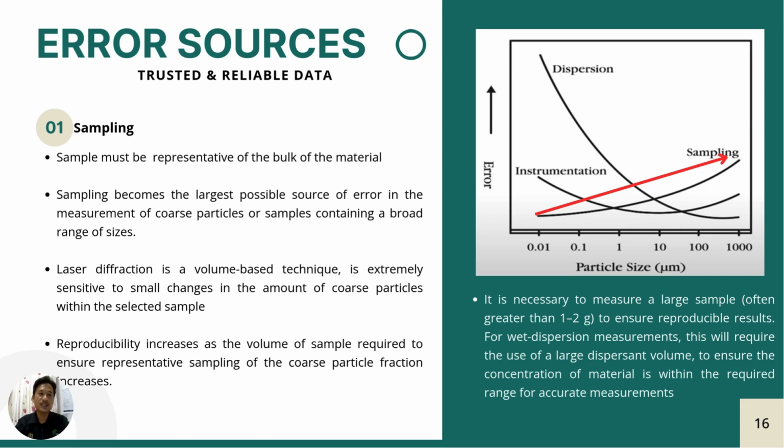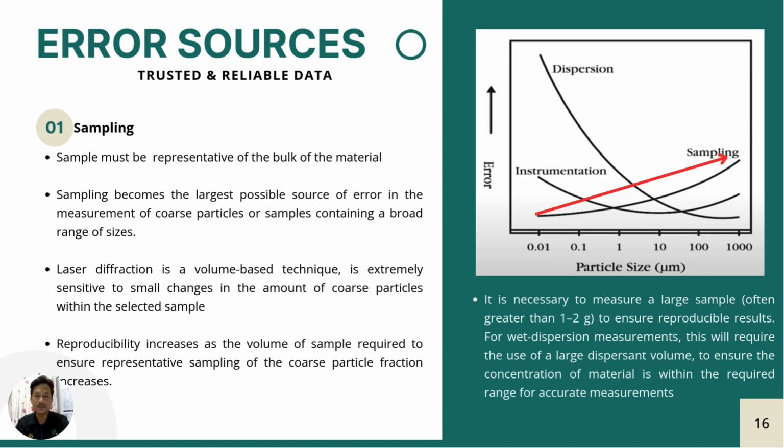Okay, next we are going to discuss error sources from laser diffraction analysis. First, error may come from the sampling itself. The sample must be representative of the bulk of the material. Sampling becomes the largest possible source of error in the measurement of coarse particles or samples containing a broad range of sizes. Laser diffraction is a volume-based technique. It is extremely sensitive to small changes in the amount of coarse particles within the selected sample. And then, for reproducibility, it increases the volume of sample required to measure a representative sample of the coarse particle fraction. It is necessary to measure a large sample, often greater than 1 to 2 grams, to ensure the